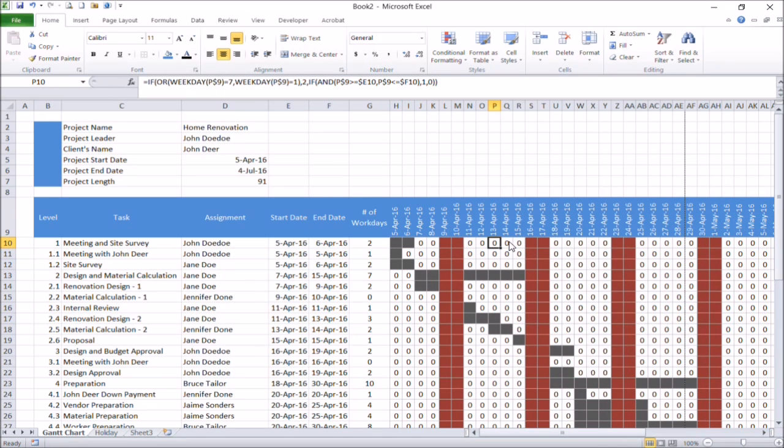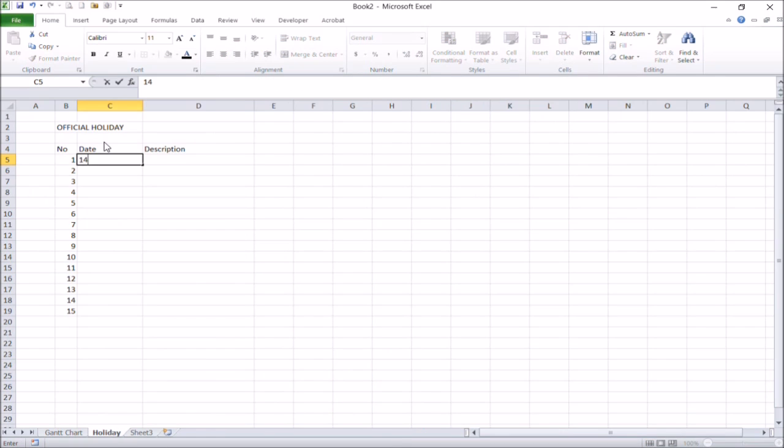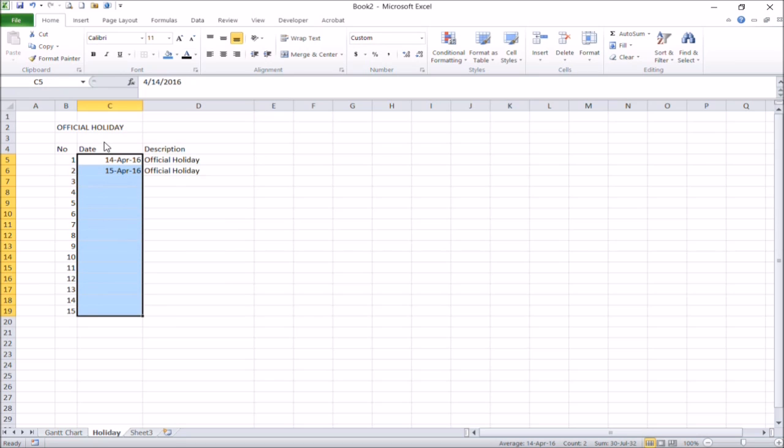I will start by creating a separate table in a separate worksheet to put specific dates of holidays for this Gantt chart. You must specify how many rows you will need to put your holiday dates here.